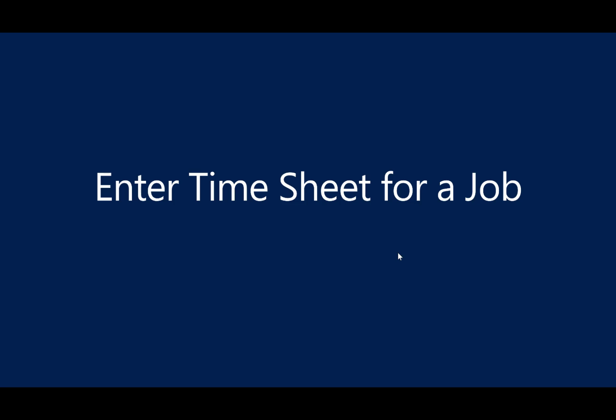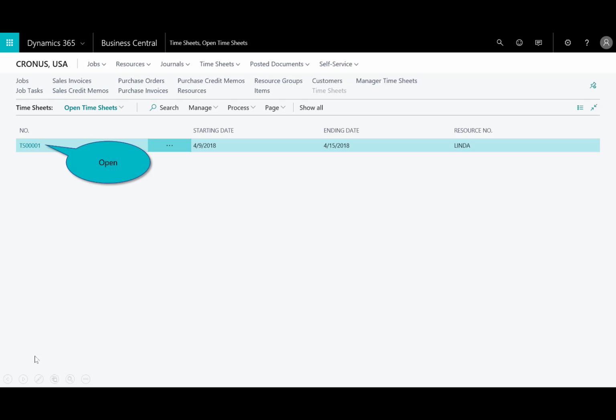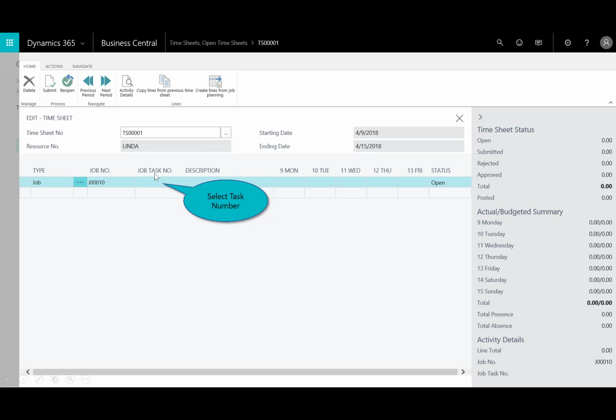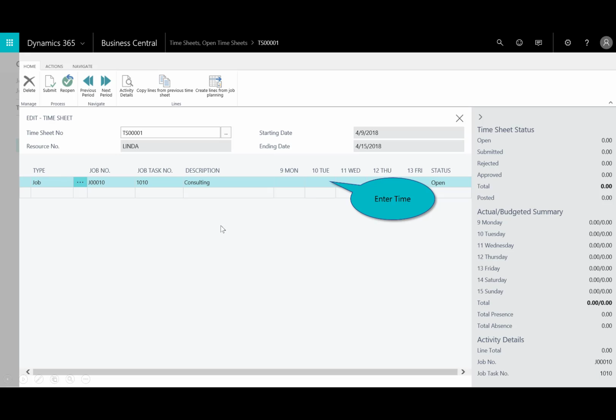Next, I'm going to go ahead and create the timesheet. This is where I can enter a timesheet based on a consultant who is submitting their time. So I've got a tile here. I'll open up the timesheets, and it looks like Linda Martin has her timesheet out here. We'll open that up, and she's going to assign that to the consulting task. So she's been advising our consulting on a particular part of this project,